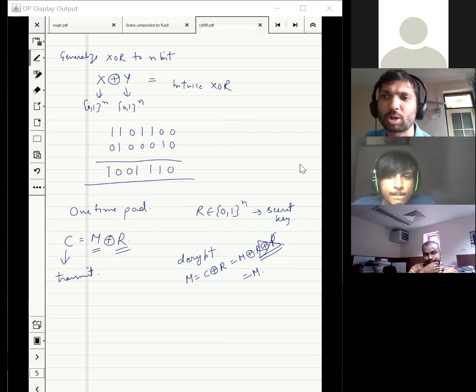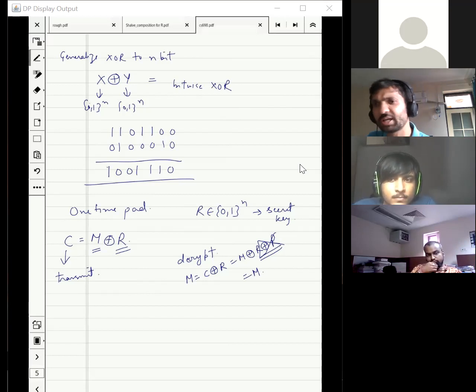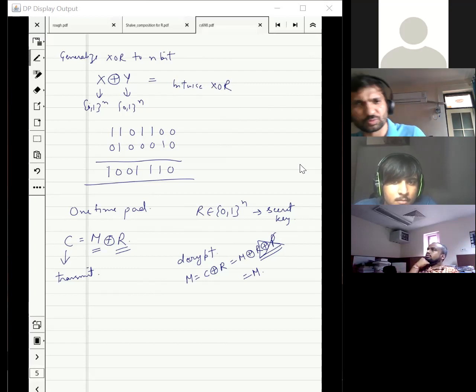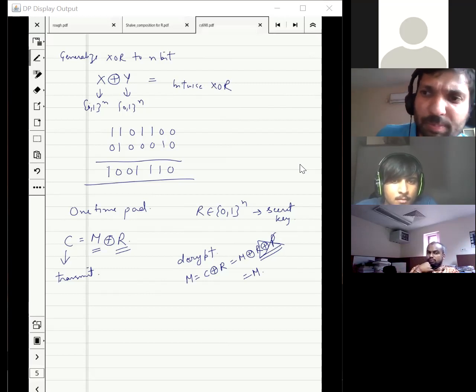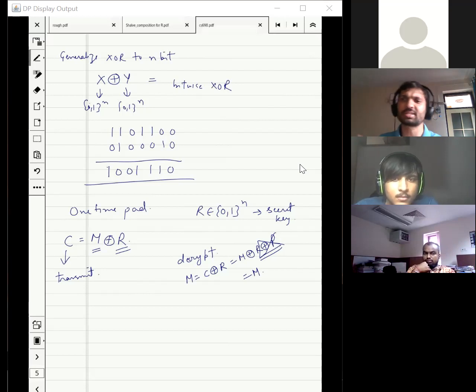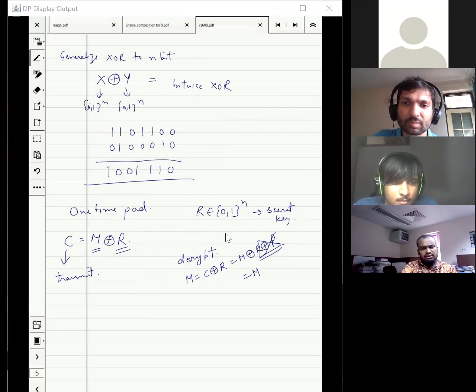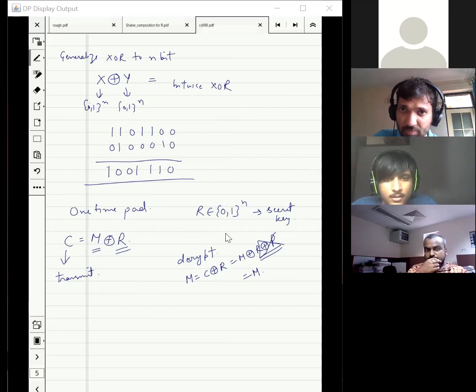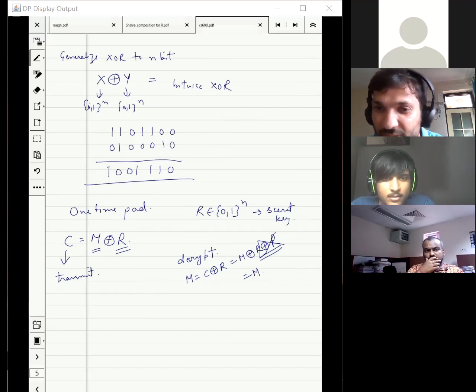So can you formulate the problem? What do we want to show? First in English, then in Latin. First in English. If this is the encryption decryption protocol, when will we say that it is a success? When it is possible to determine the original message M from the transmitted message C and the secret key R, then we say that the message can be decrypted.